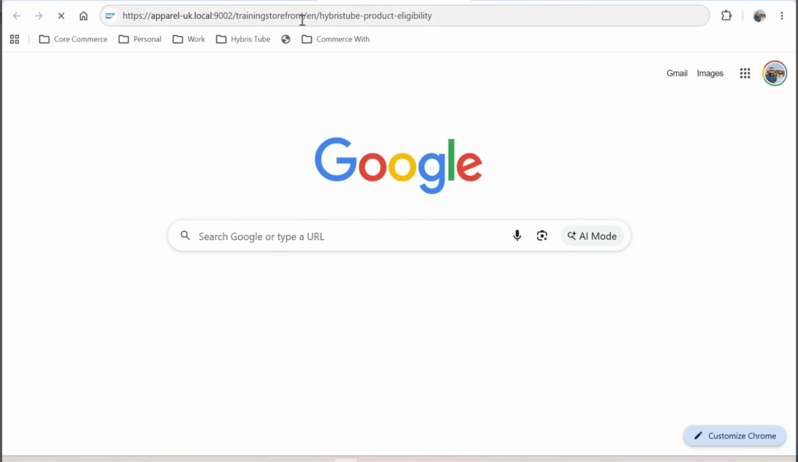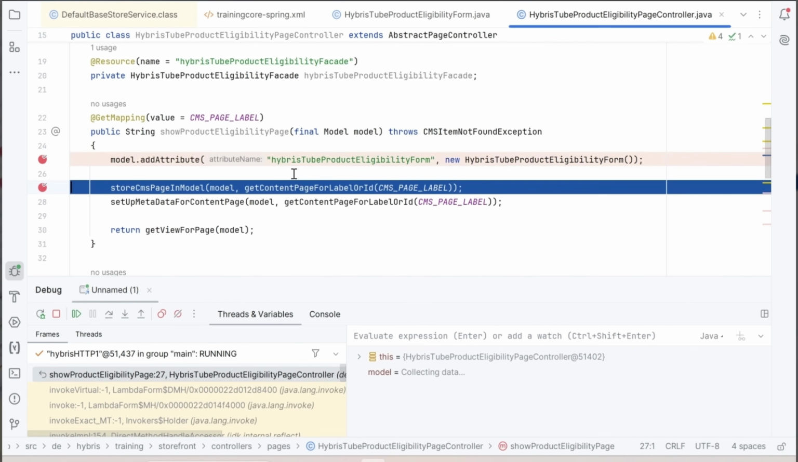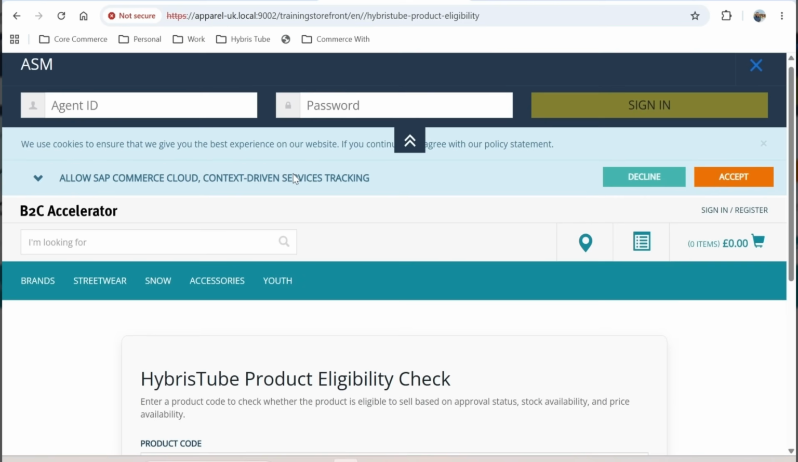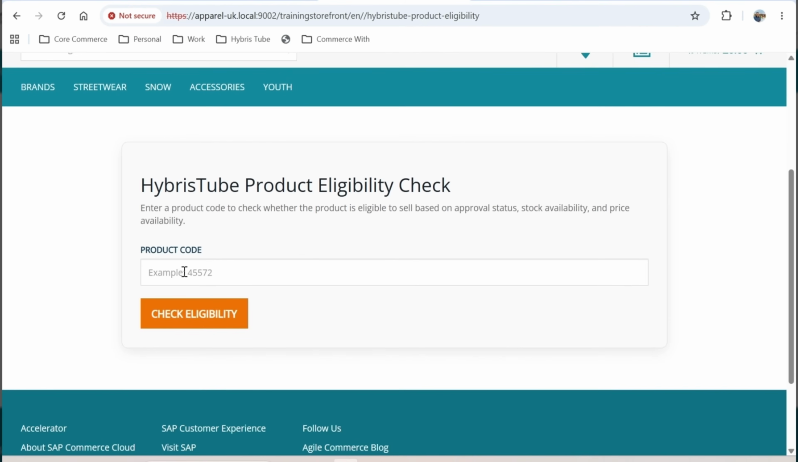So guys, now if I render this URL, you can see the flow has come into the HybrisTube Product Eligibility page controller. Here in the get method, the flow has come. If I move next, then you will see the page would have been loaded. So you can see our newly created CMS page has been loaded. If I give any product code, for example,